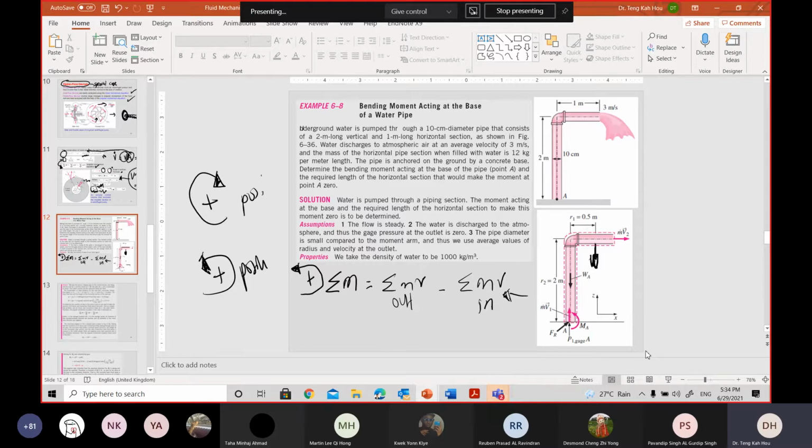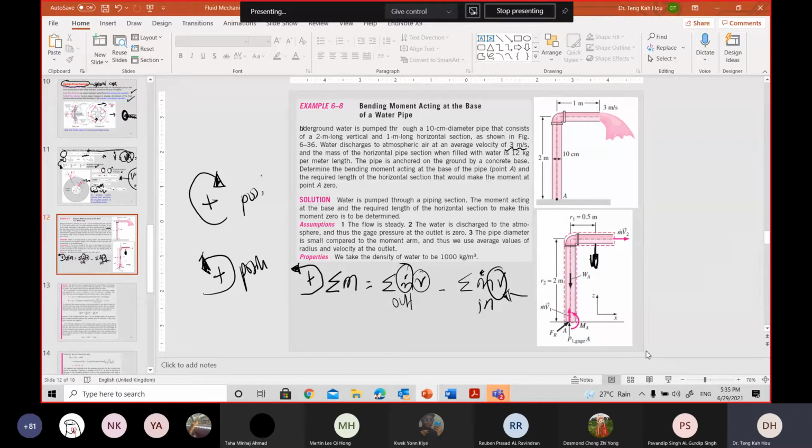As long as you define it clearly, then it should be fine. Okay, that's the thing. So in this case, I would say the challenging part is only that you need to find the mass flow rate, am I right? Because it seems like you don't have the mass flow rate value. You have only the velocity value. Am I right? So after this, you should be able to get the answers. It's not difficult.